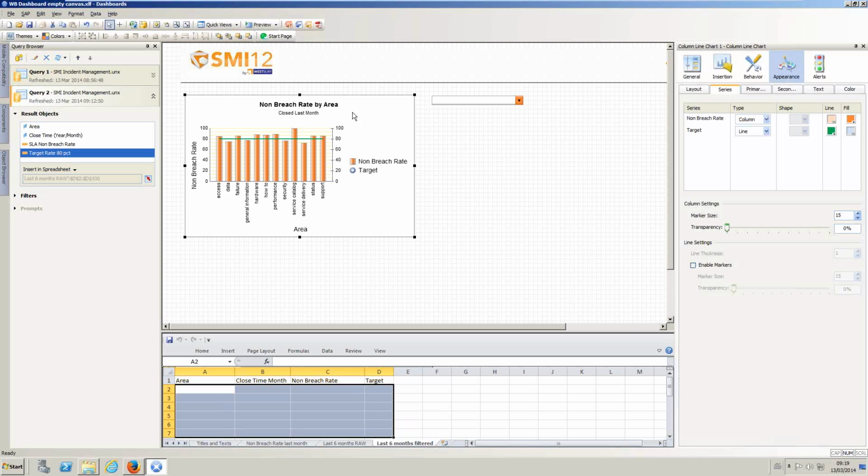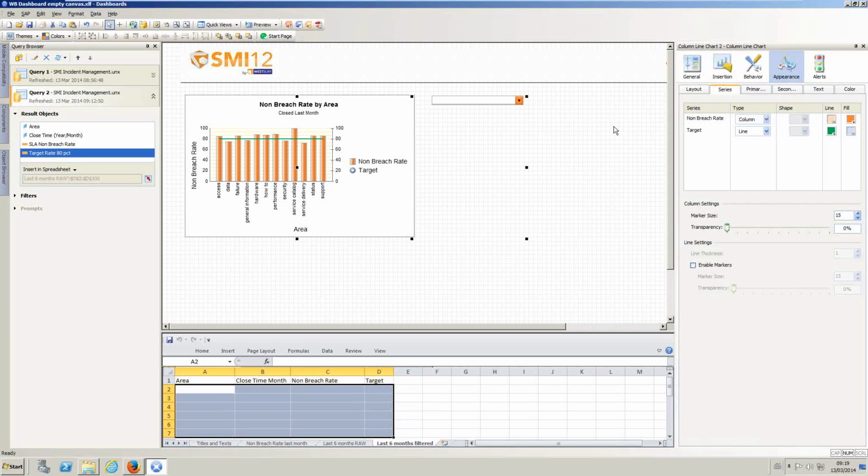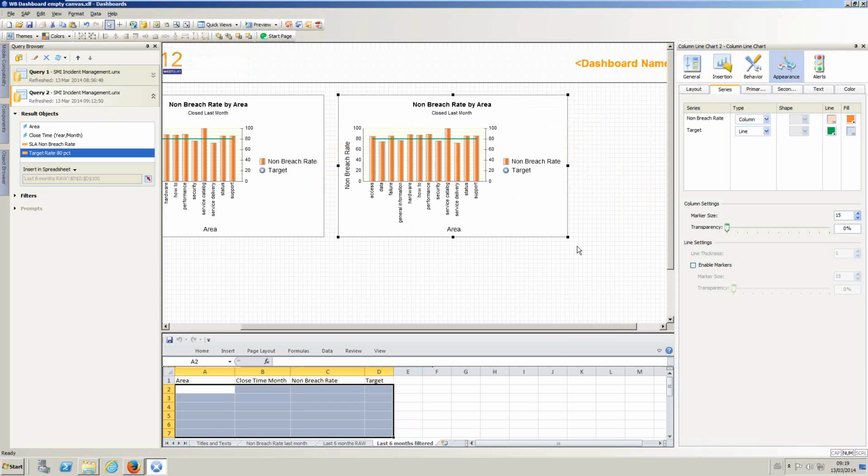So for that purpose I can create obviously a new chart, but I can also copy this one and modify it to look at a different range and show slightly different information. So I've copied it, now paste it, and it pastes it exactly on top of it. So I can just drag it to the right, and there you can see that it appears. Let me just make that a little bit bigger